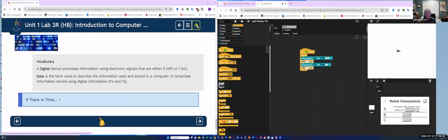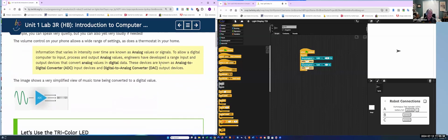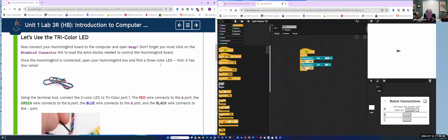Sorry, about binary code, but we'll worry about that when we actually get together with you. On this page here, we're going to use the tricolor LED, and the tricolor LED is a slightly different animal. It's in your box, and you will distinguish it by the fact it has 3 wires. It looks like an LED,